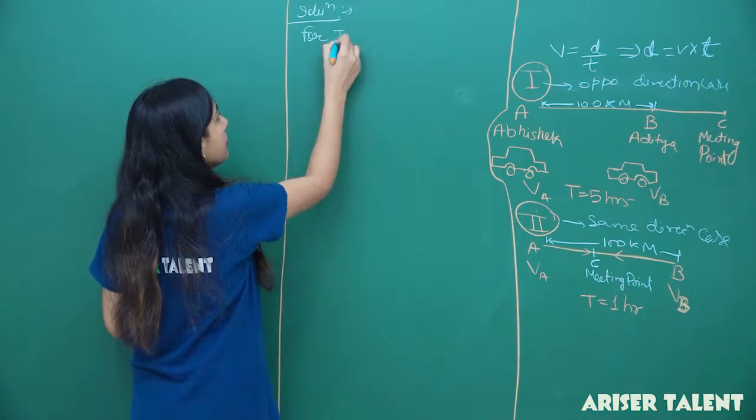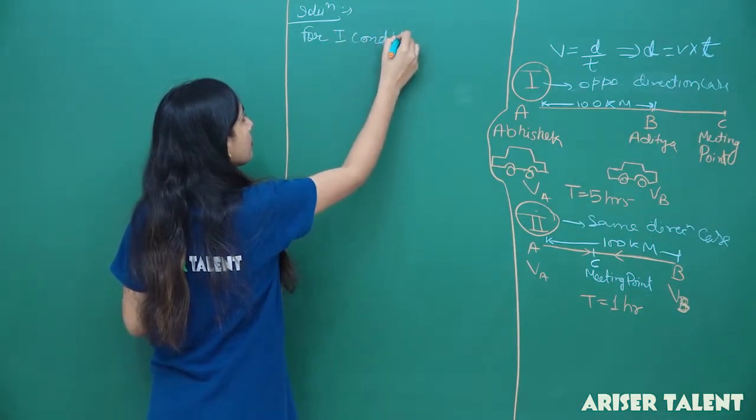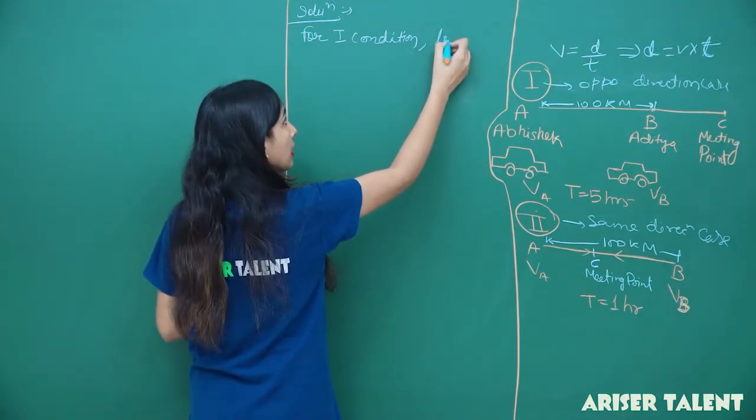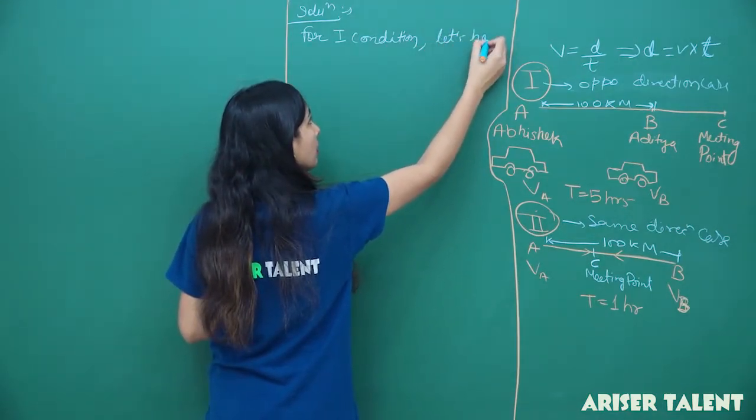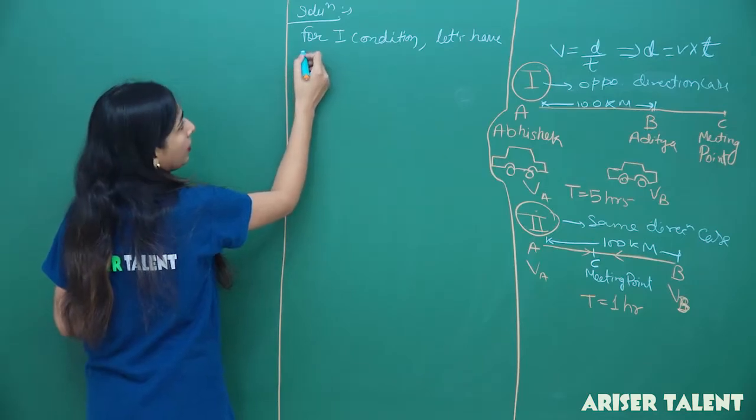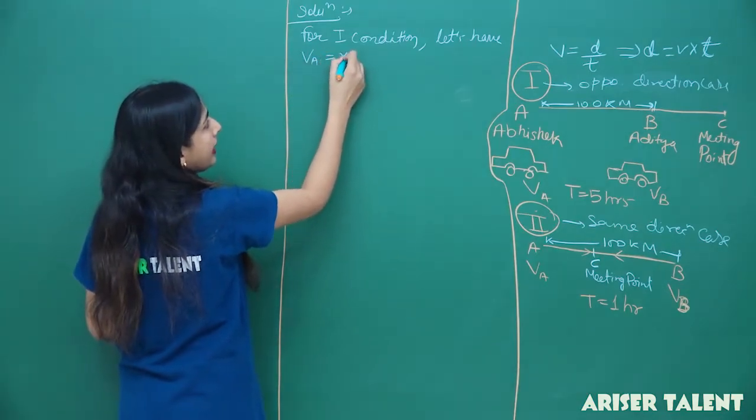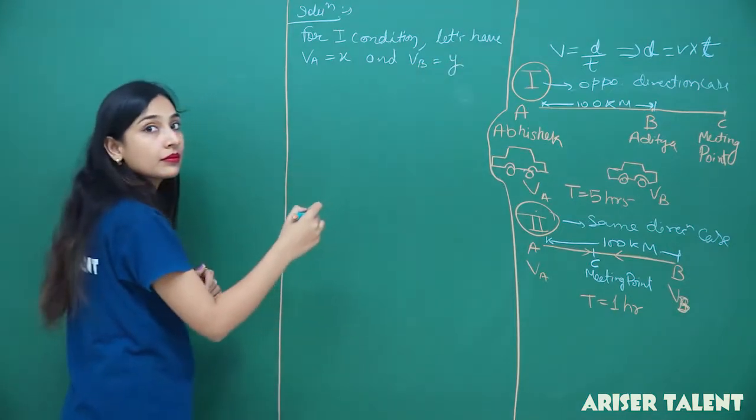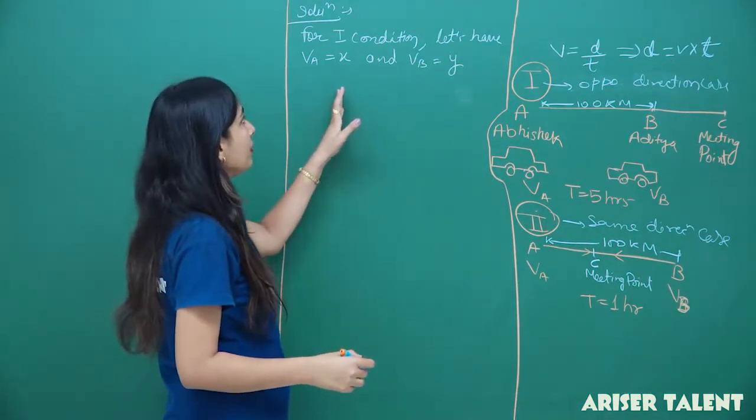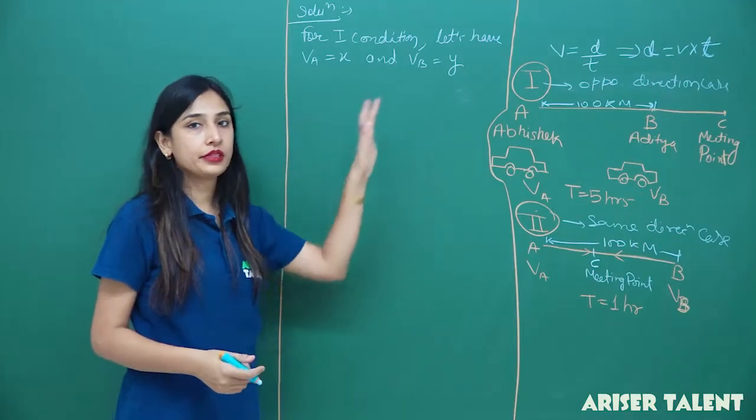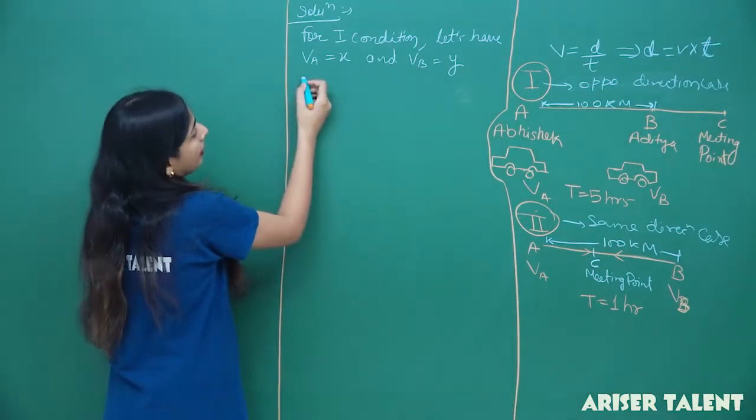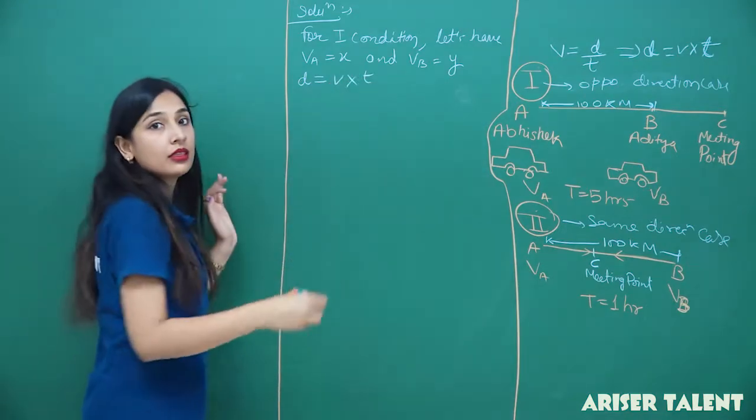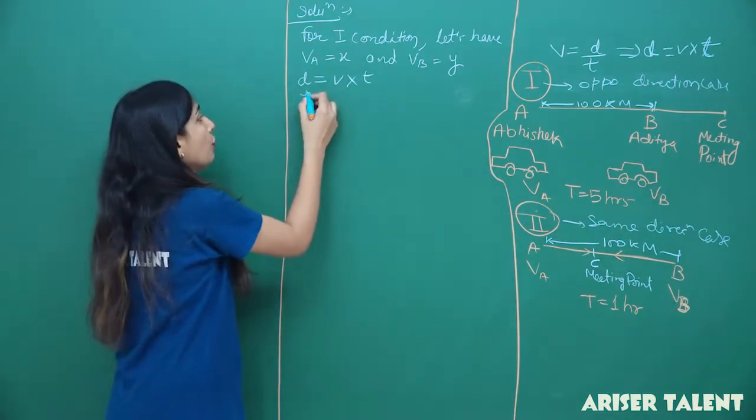Now, for the first condition, or maybe for both conditions, let's have VA equals X and VB equals Y, right? Because we are familiar with X and Y in our equations, so we are using that. Now, D equals V multiplied by T. For the first condition,